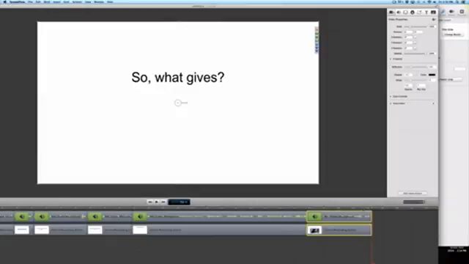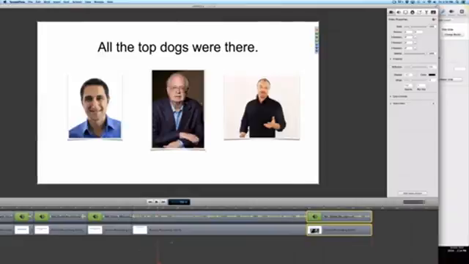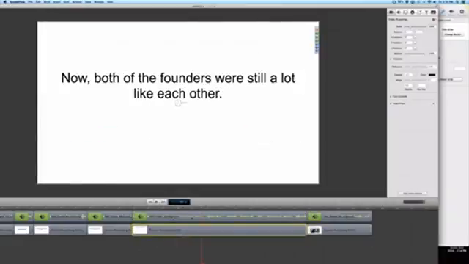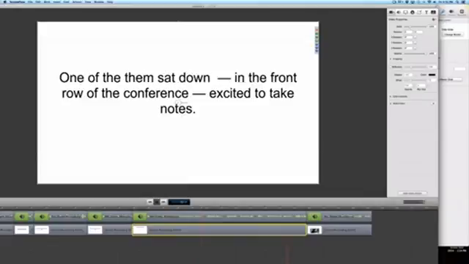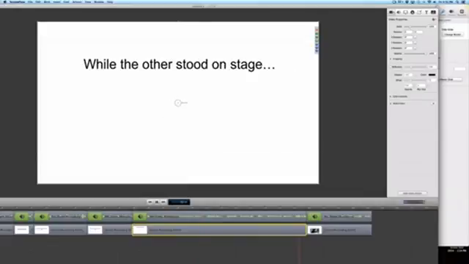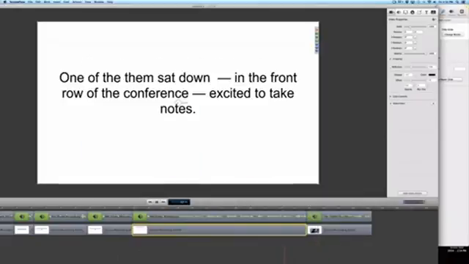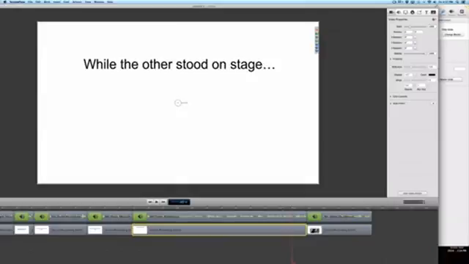Now, if something happened and I saw that I wanted this to go a little bit further, you don't have to cut each individual piece each time. If I know I wanted to change this slide, I can go in here and hit, get a little closer over here, take notes, while the other one stood on stage, being introduced as the keynote speaker. Excited to take notes. Now, let's say that I didn't want that to show up immediately. I could just,